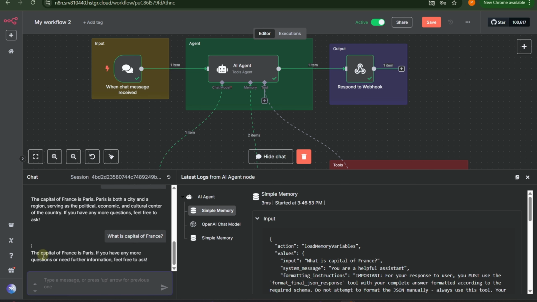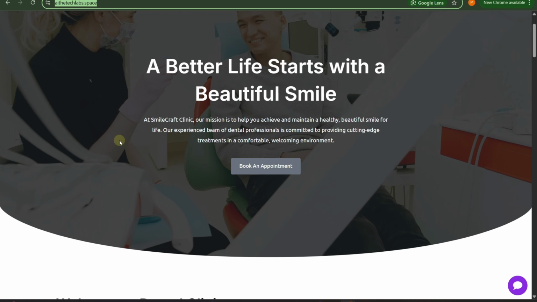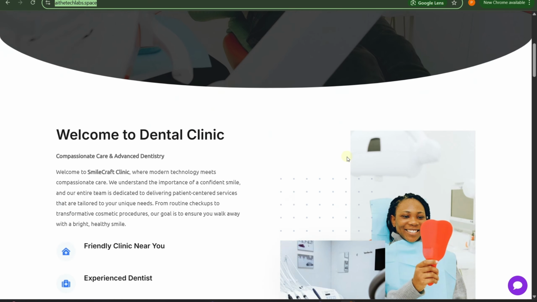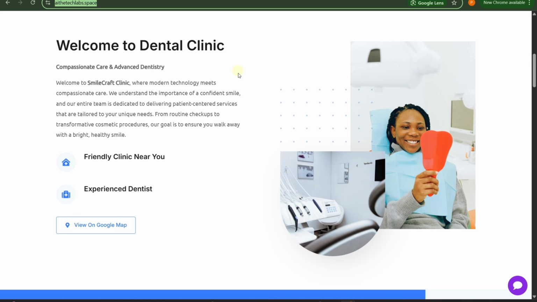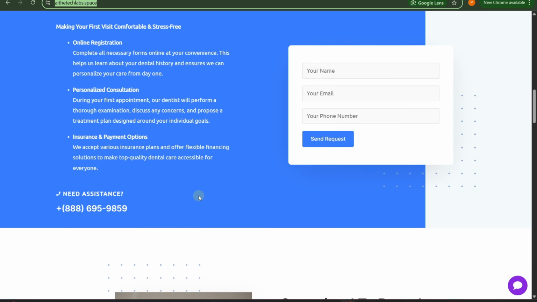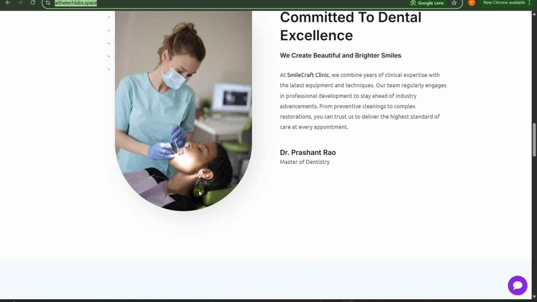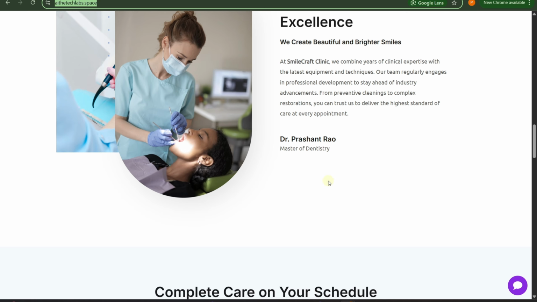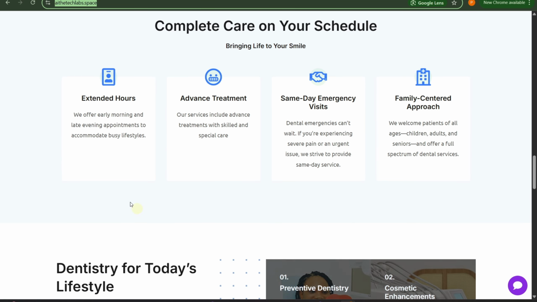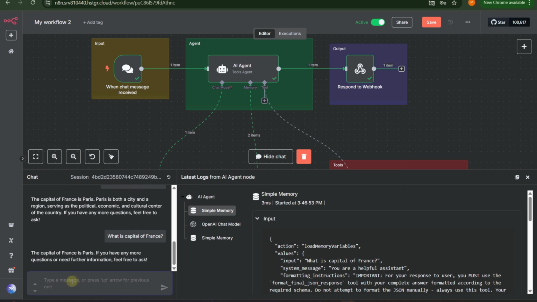Now let's ask one more question with respect to a dental clinic. So we have this Smilecraft Dental Clinic, and this clinic is for different dental services. Let's see if our AI agent is able to answer the question with respect to this dental clinic or not.